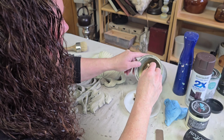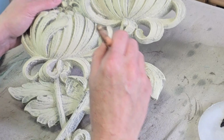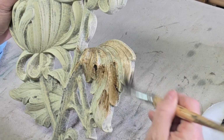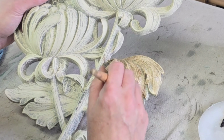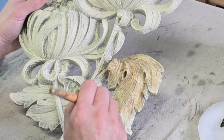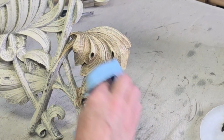Now I did thin out my dark wax just a little bit with some mineral spirits, and for that I just dipped my brush into the mineral spirits. I put that onto my styrofoam plate with my dab of the dark wax, and I just pull some of that dark wax into the mineral spirits until I'm happy with the consistency I've got, and then I apply it